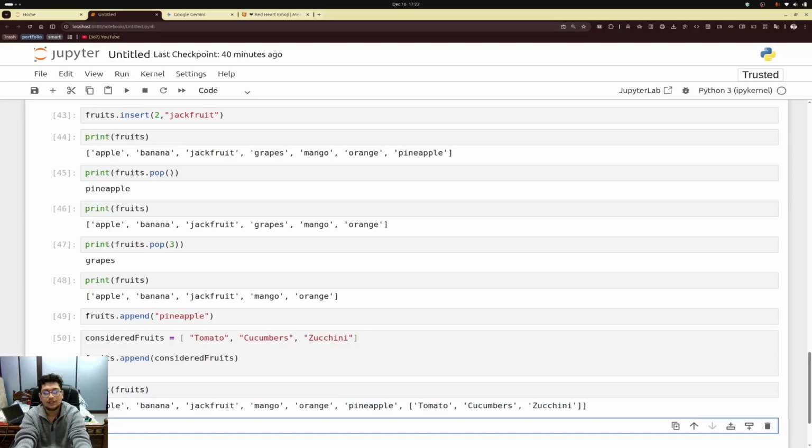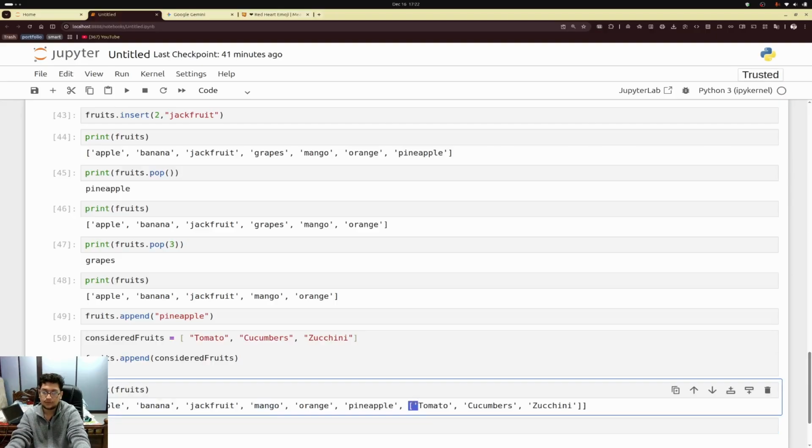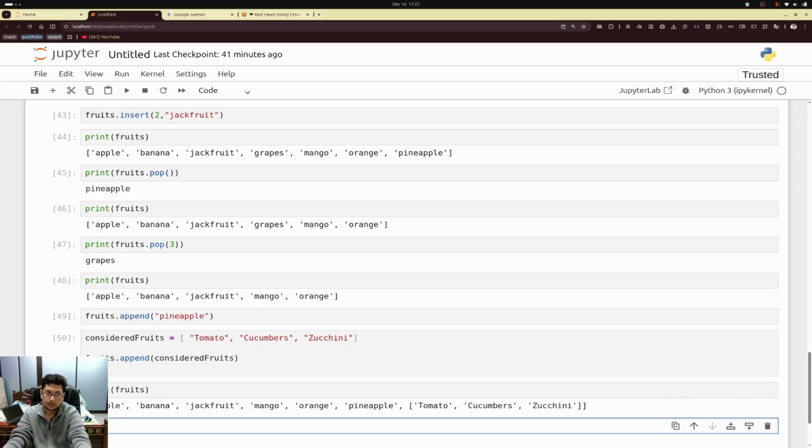Okay. It is giving me a list within a list. If you look at this, the list starts from this square bracket till this square bracket. So this is a list within the list. So what do we learn here? Lists are, actually I think, lists are heterogeneous in nature, but